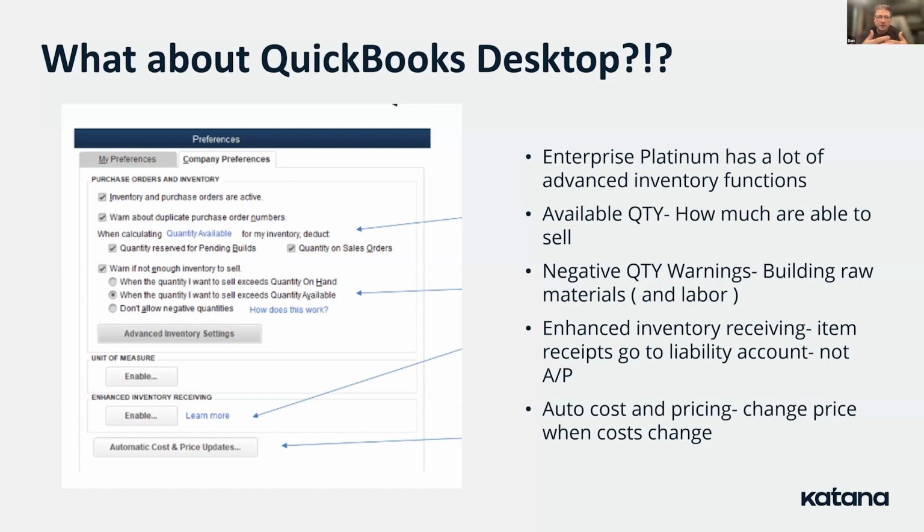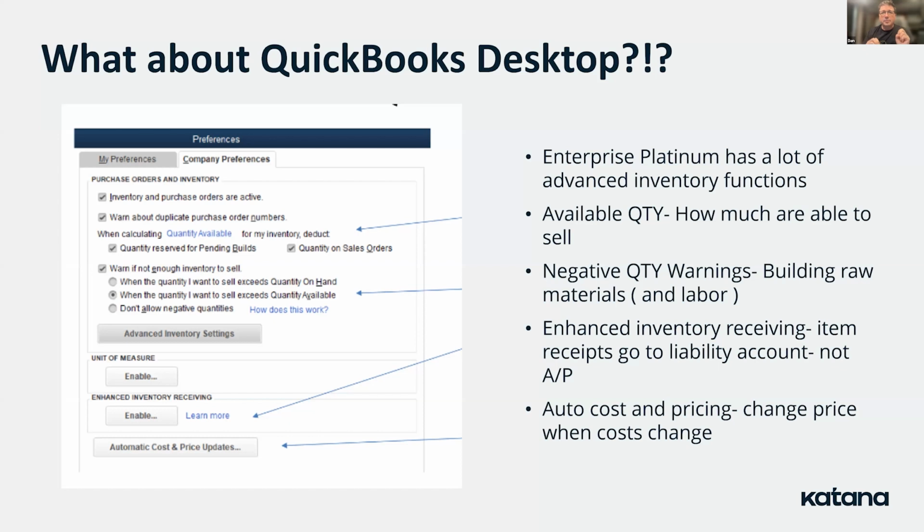So now you have this idea of the whole available quantity as opposed to just what's on hand, so that you don't sell out from underneath a customer that's promised, or whether it's being built. You have negative quantity warnings, building raw material and labor. And then enhanced inventory receiving, where you can separate the receiving actions from the billing of said receiving actions,